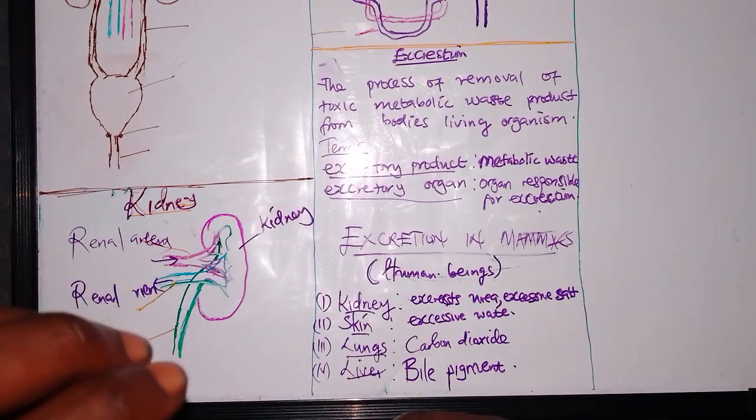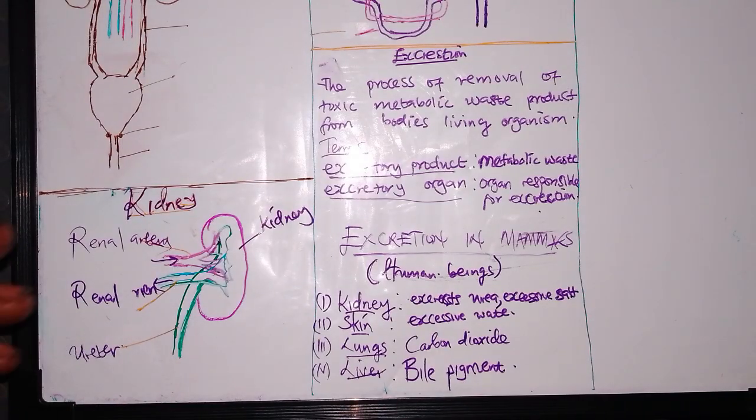And it has what is known as a functional unit, which we are going to look at. When we talk about the functional unit of a kidney, we are saying that structure which allows it to perform its function, because the entire kidney does not produce urine, but there is a certain structure inside the kidney which is responsible for production of urine, and we'll see as the video progresses.